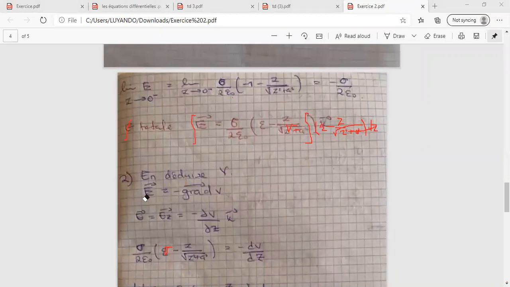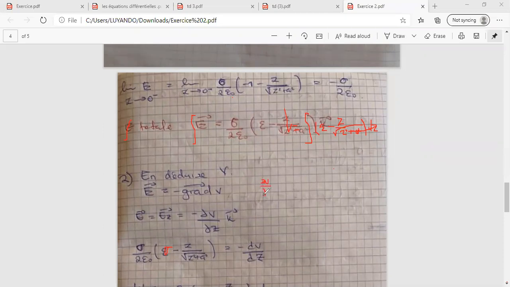We know that the relation between E and V is E equals negative grad of V. And in Cartesian coordinates, we learned what our gradient of V is. So we learned that our gradient of V was dV over